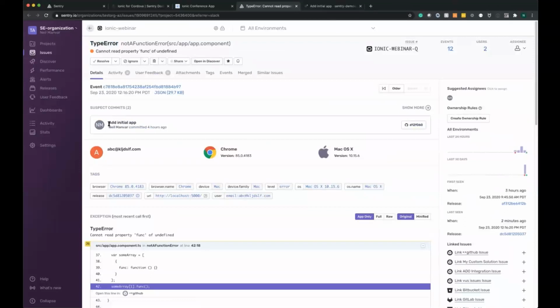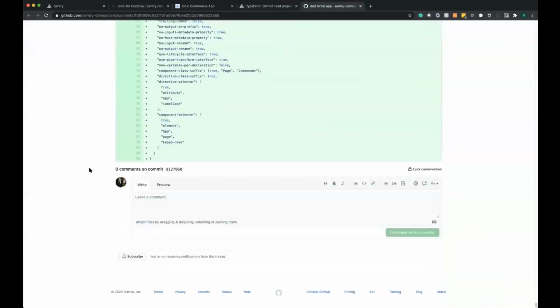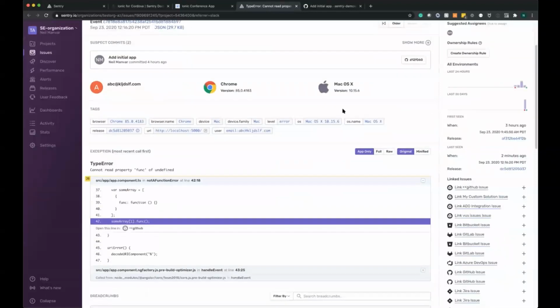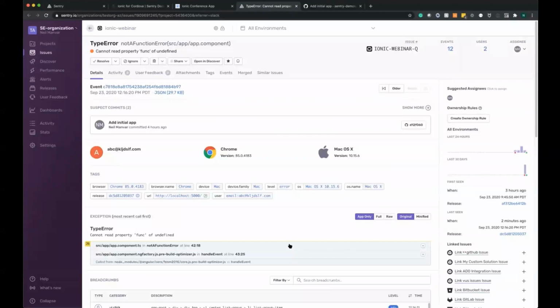So what we're seeing here is that Neil Manvar introduced this error via this commit right over here, and this likely broke this, and Neil Manvar is the best developer equipped to fight this fire. Because you don't want someone else debugging your code, trying to make sense of it, and then trying to go about fixing it when you can get it in the relevant developer's hands who has the best idea. And with the maximum context that Sentry provides here, we can then roll forward, roll backwards via an educated decision